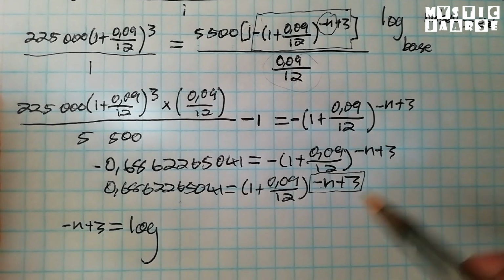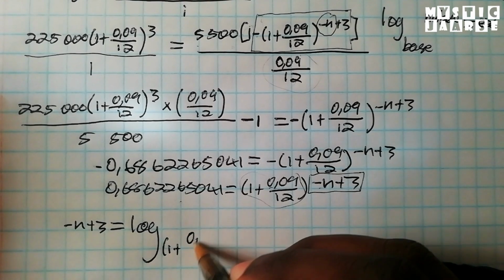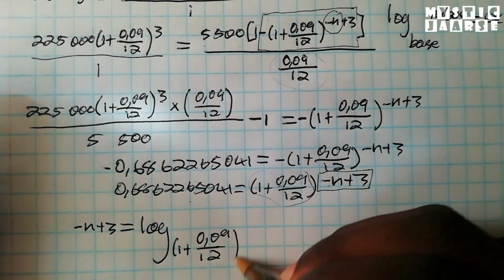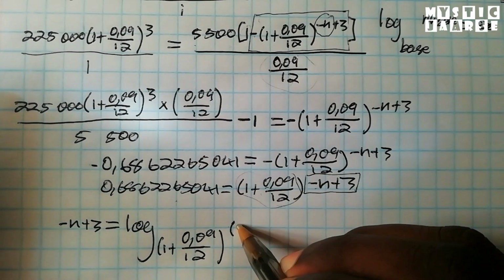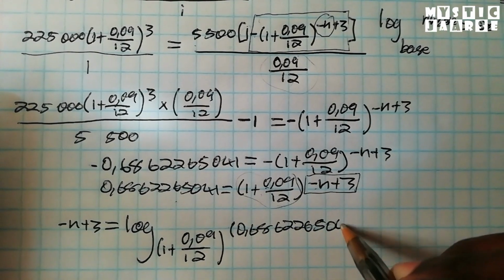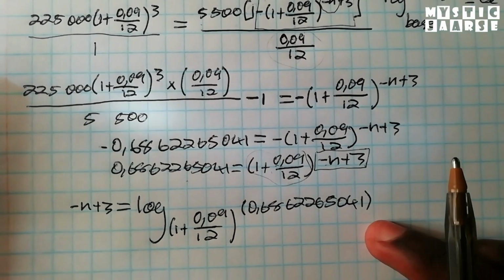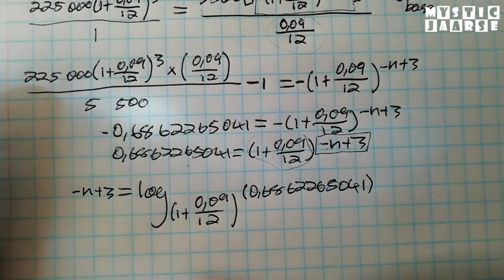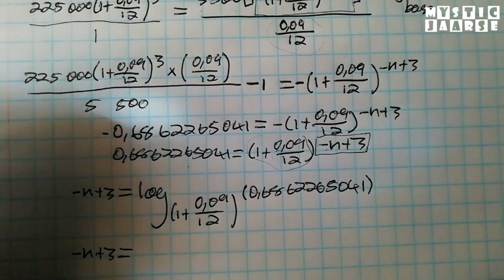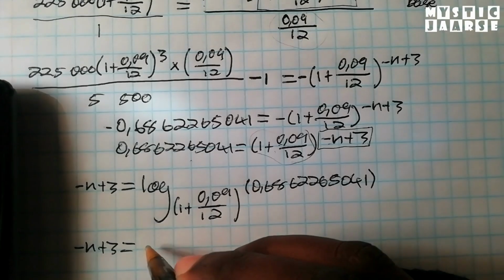Our base is this number, 1 plus 0.09 divided by 12, and our number 0.6862265041. If you round off this decimal, then it's going to heavily affect your final answer, so we are not supposed to round off. Negative n plus 3 is equal to log base 1 plus 0.09 divided by 12, so we get